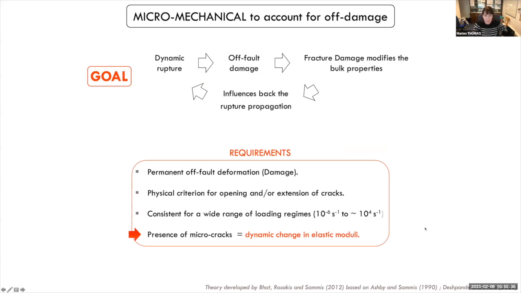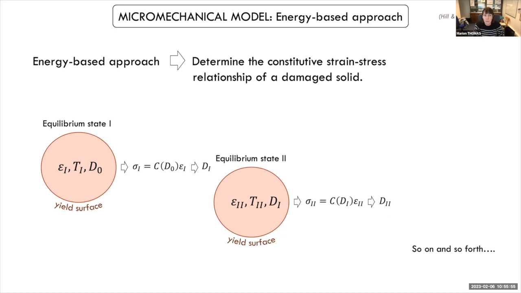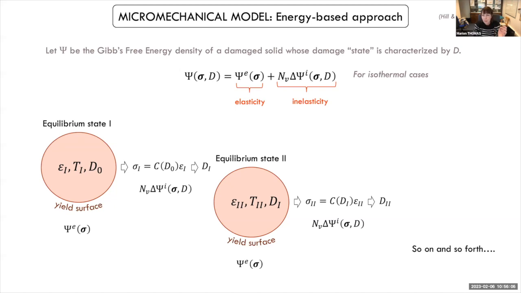And now that we have this new value of D, which again tells you about the volume occupied by those cracks in the medium, we want to translate it in terms of the dynamic change in elastic moduli, which is really the goal here. And that's where we are using this energy-based approach that was developed by Rice and Hill in the 70s. Mathematically, this is equivalent to expressing the Gibbs free energy density of a damaged solid as the sum of the free energy of a solid without cracks, deforming purely elastically, that's what I was describing here,